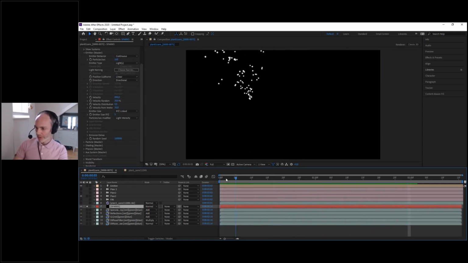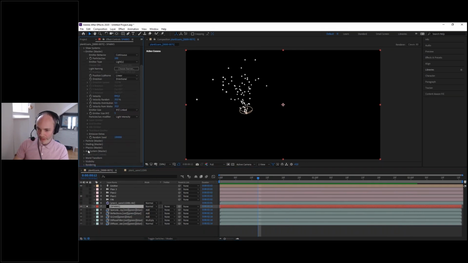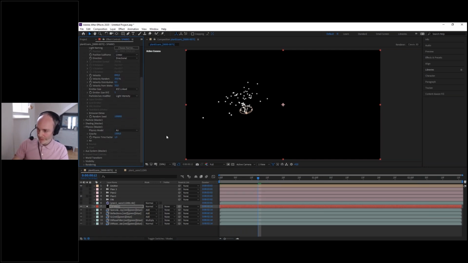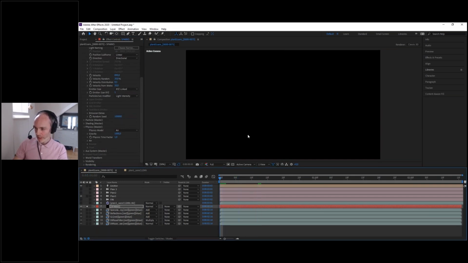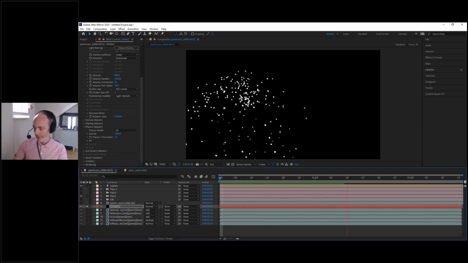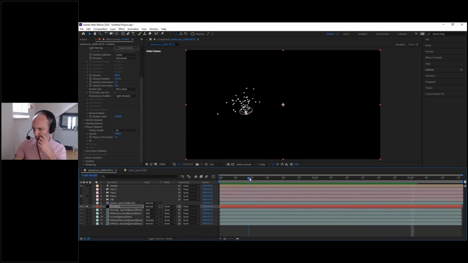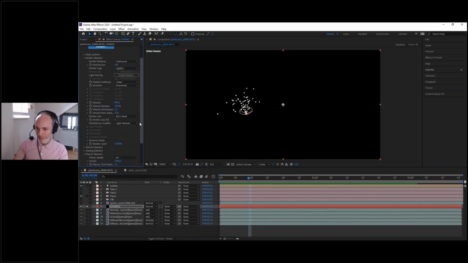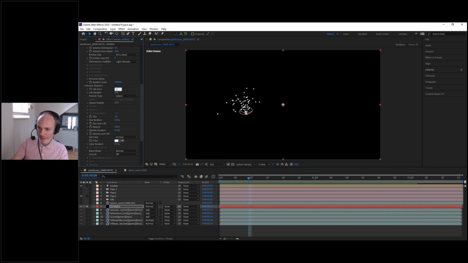Not very interesting. Sparks are very, very thin and should fall down because of the gravity. So there is a gravity setting here in physics. I'll put it to 1000, which is almost the gravity on Earth. And now you can see our particles falling down. So that's more like it, but there's a problem. Sparks don't live very long. Actually, sparks should live only half a second at most. So let's put it to 0.5 seconds.